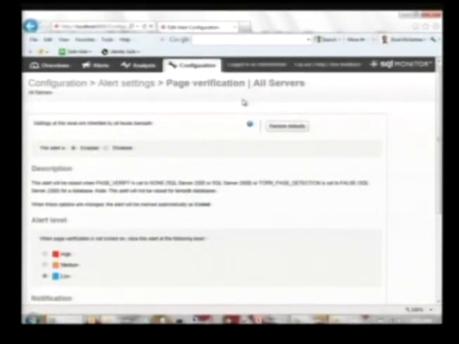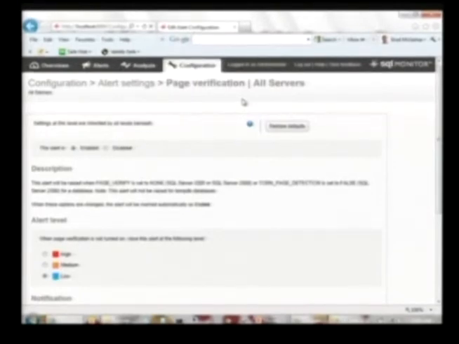Now when you look at it, it may be torn page. And you say, well, why is it torn page, not checksum? That's probably because it's an older database that was created maybe in the 7.0 era, 2000 era, and then was upgraded. When you upgrade a database, it doesn't change the setting for you. So when you upgrade a 7.0 or 2000 database to 2005 or 2008 or 2012, it will not automatically make it checksum. You need to do that yourself. I don't know why Microsoft doesn't do it for you. There's no downside to doing it. It's all upside, but you need to do that. But this alert will tell you if it's just set for nothing, is all.